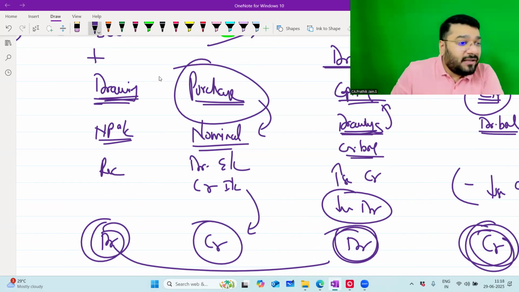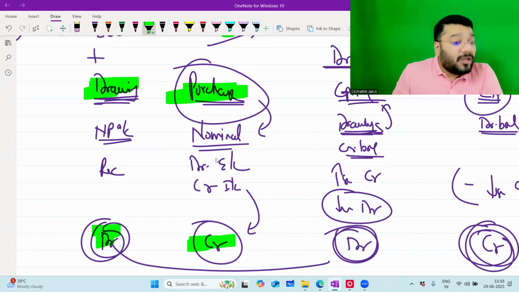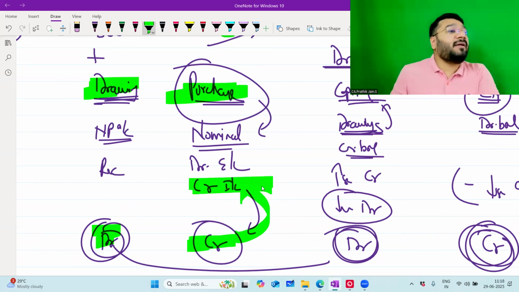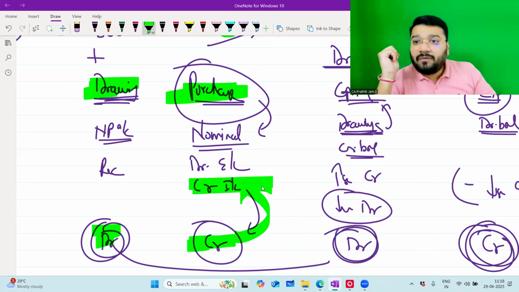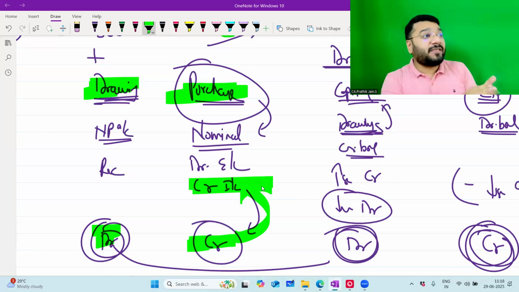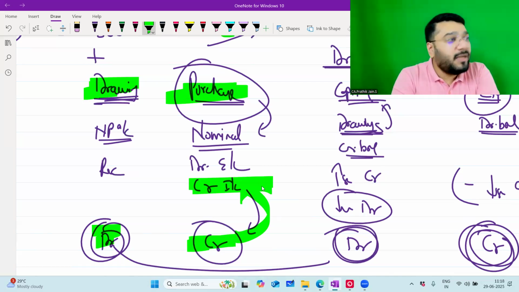So we all agreed that drawings is debit. If drawings is debit, purchase has to be credit. So when I apply the rule, when should I credit purchase? Only when it is income and gain. How is this income and gain? Boss, the owner is not giving money. When will you make profit? If the owner pays 3,000 rupees for 1,000 worth of chocolate, 2,000 is my profit. Did he pay? How?